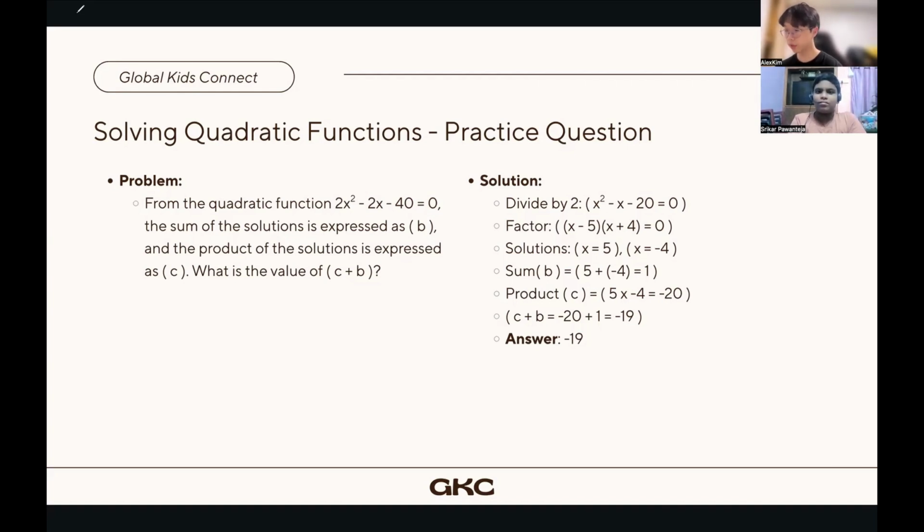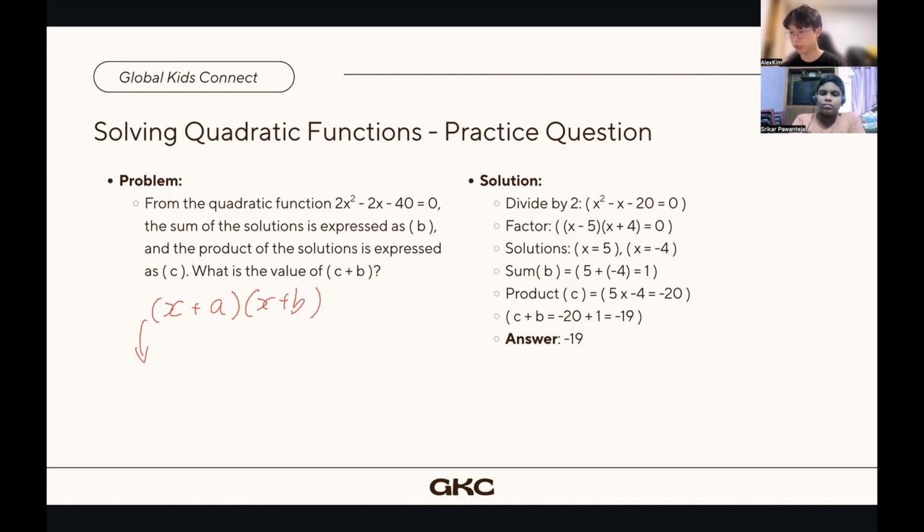Right before we move in, you could utilize this solution written here, which solves for the solutions themselves automatically, which is a very valid solution and method of solving this kind of question. But if you want to save a little more time, if you recall my previous solution, we saw that when an equation is factored